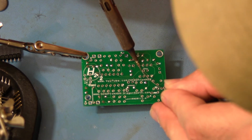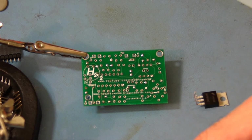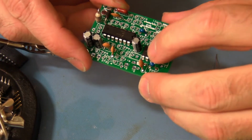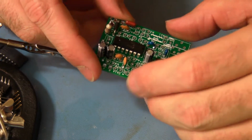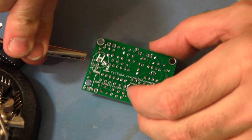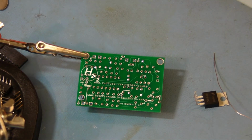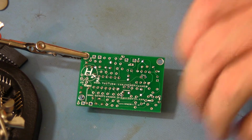And pin 5 on U3. I'm going to check it again. Make sure it's all in the same spot. And at this point, if it's sitting lopsided or sloped, you can heat these two pads with